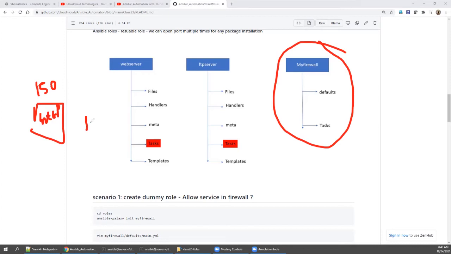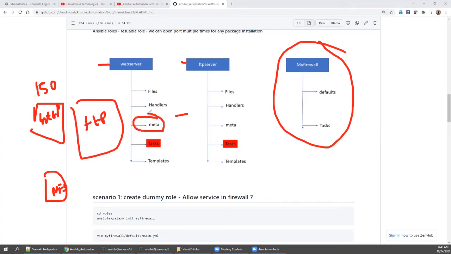Then FTP, create an FTP role, and in that role, call this and open up, and NFS. Like this, 150 role packages. So in the main playbook, you simply call the role names, all 150 role names. In turn, each and every role has a meta directory, which in turn will call this and replace the value. Simple as that, right?